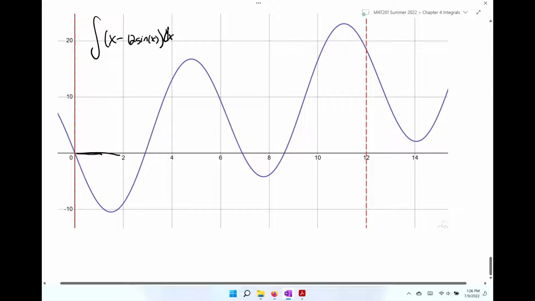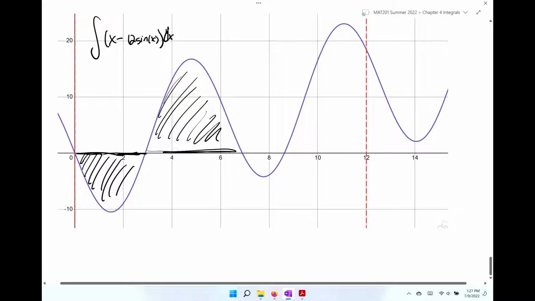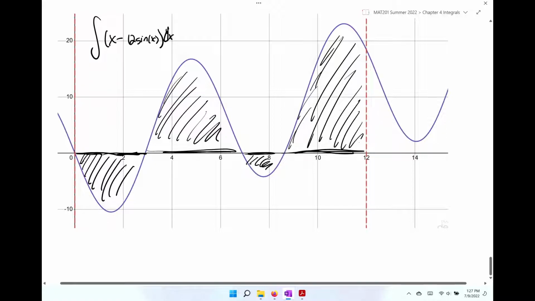We were finding the area under the curve, which means this area here, this area here, this little area here, and finally that area right there. But if you notice, going from left to right,